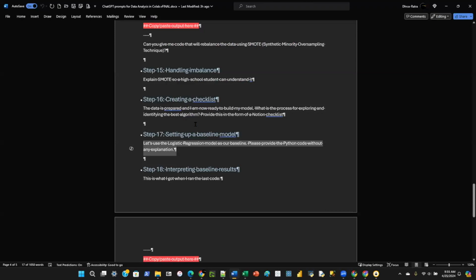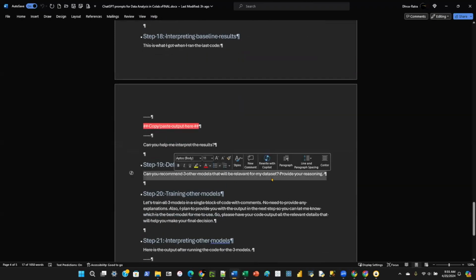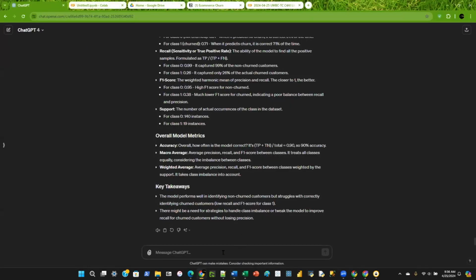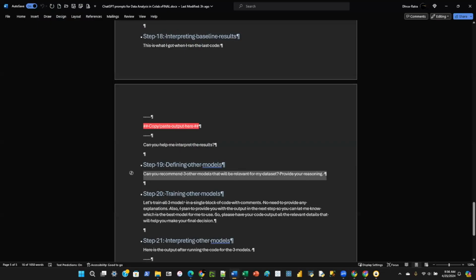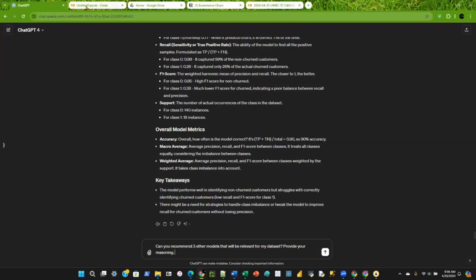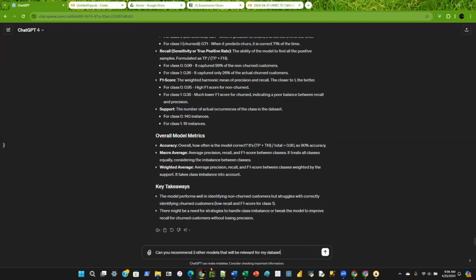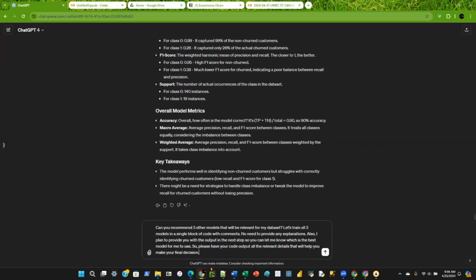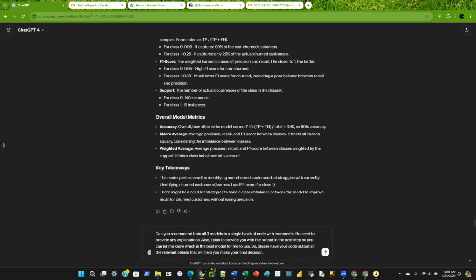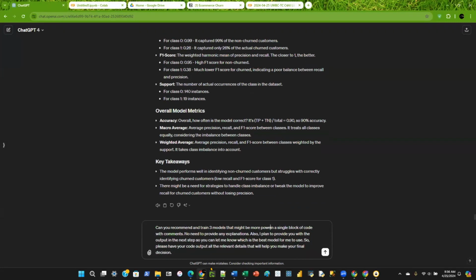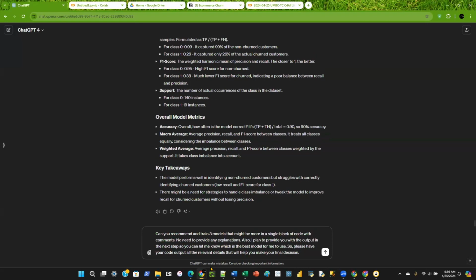I'm going to do maybe one more. I'm going to say, can you recommend and train 3 models that might be more powerful, that might be better, in a single block of code with comments.